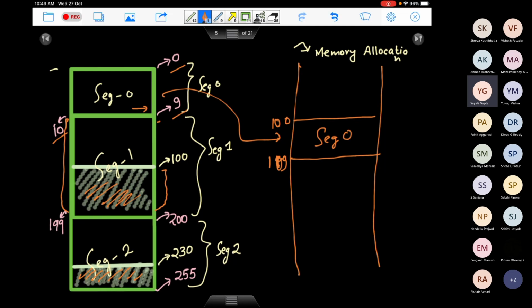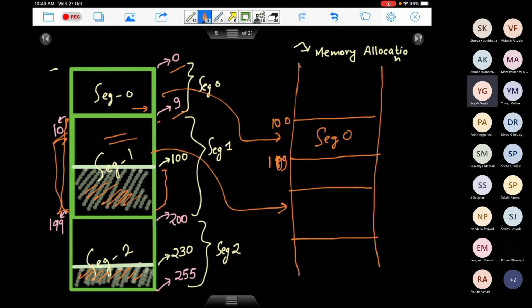in use? From your address 10 to 100, how many entries do we have? Close to 90 something. So it requires only 90 bytes of memory, not this entire thing. The entire thing is like 190, but it requires only 90. 100 is not in use. So we will allocate it only this much memory, somewhere else where you have these 90 bytes sitting contiguously. You figure out somewhere in the physical address where you have 90 bytes of space, and you can load your segment 1 there. And the same holds for segment 2.